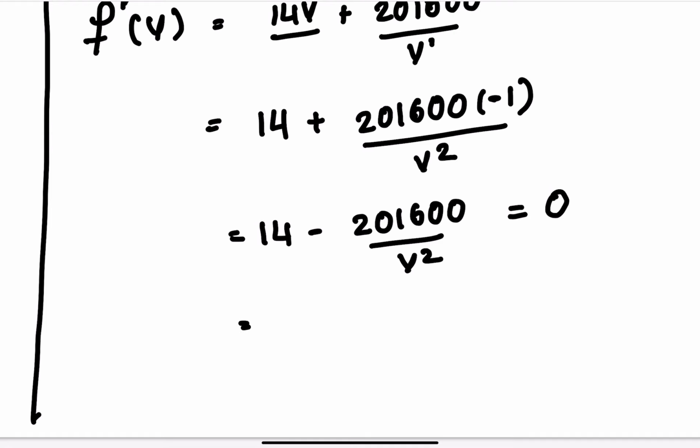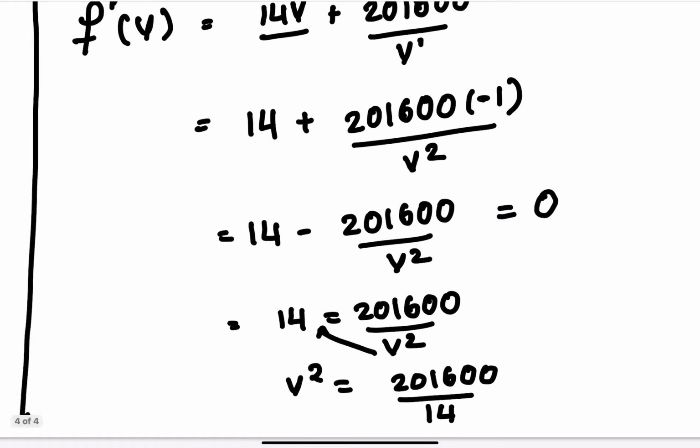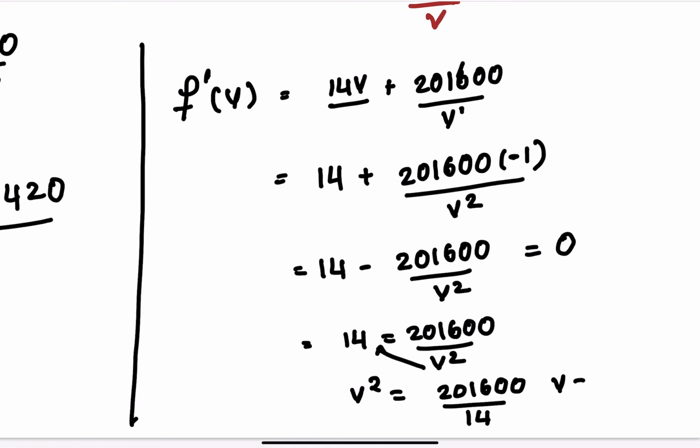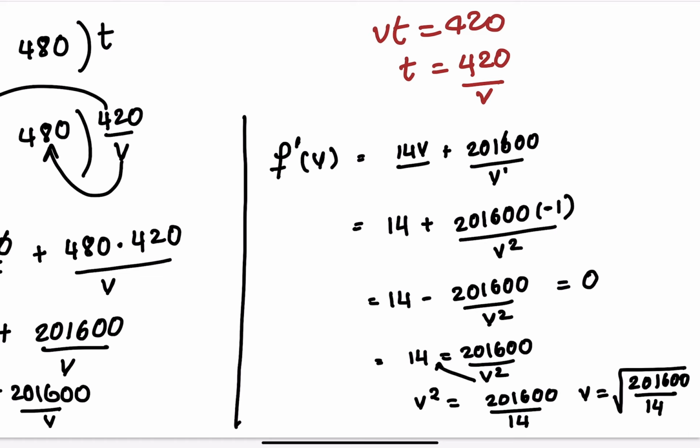And once I set that, my 14 is going to be 201,600 over v squared. Cross multiply, v squared is equal to 201,600 divided by 14, and my v is going to be the square root of 201,600 divided by 14. I have to plug it into my calculator. 201,600 divided by 14, and this would give me